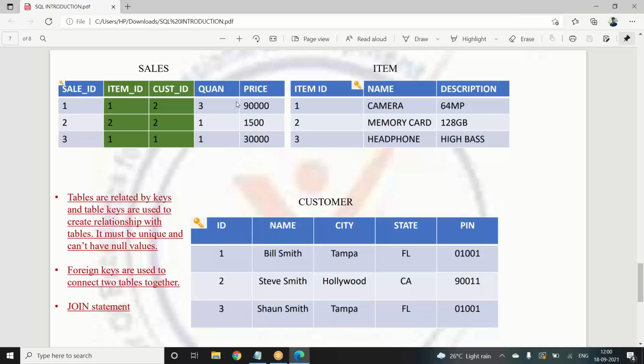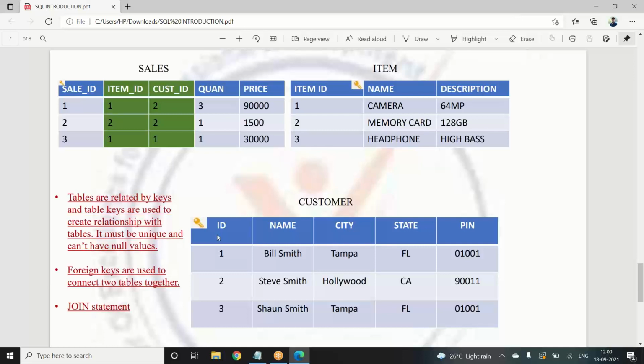So how do we do this? How do we really link those tables to a new table? How can we get this? That we'll be learning in a few minutes. I hope you understood the concept of creating a table, identifying a unique key, and giving that the primary key. Everything's understood? Any doubt?